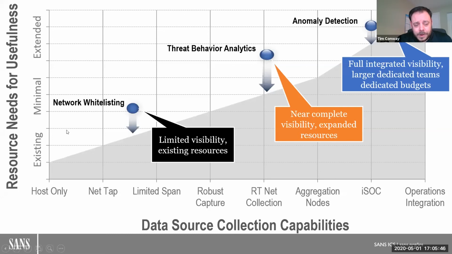And that would drive and be specific to each entity, looking at their existing capabilities. Is it something that they have a couple of people on a team that they're going to add this responsibility to? Or are they going to add some minimal staff or really expand out their staffing levels? And based on that XY axis, that would lead you towards what tools and what solutions might work in your environment.